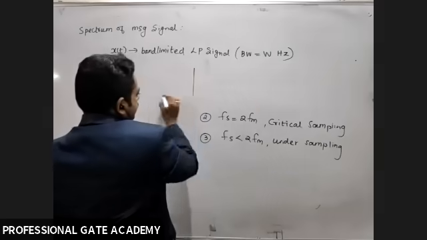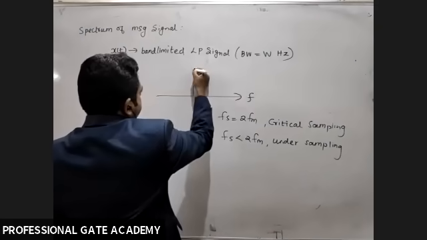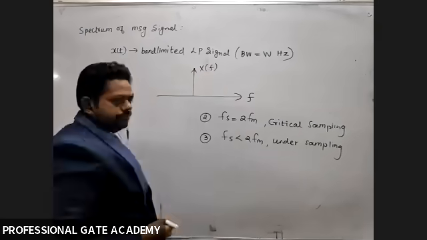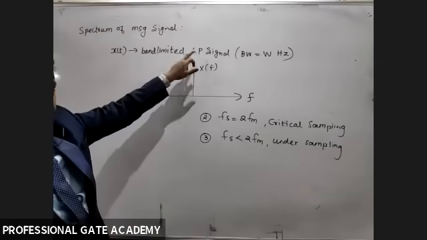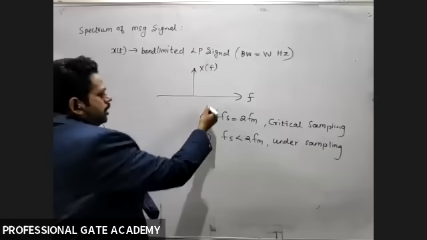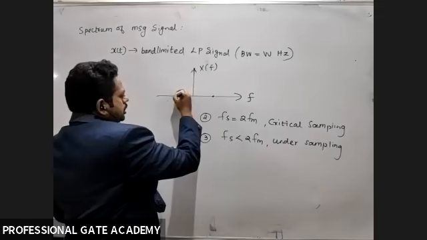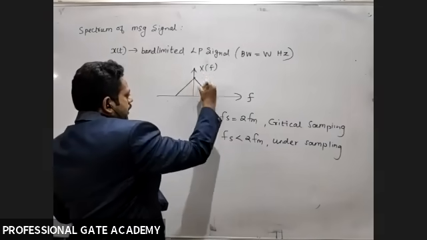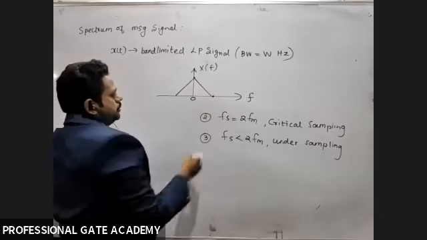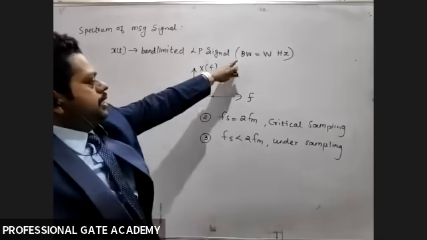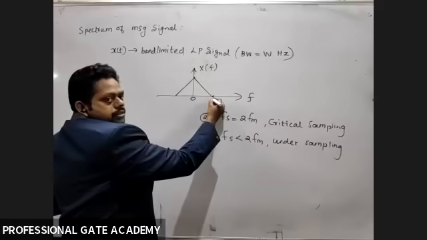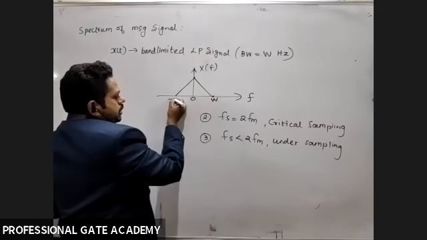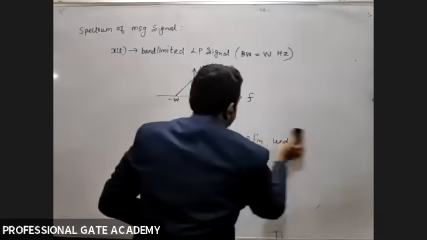So the spectrum of x of t is capital X of f. This x of t is taken as a low pass signal. So how will you draw the spectrum of a low pass signal? Only up to some frequency component is allowed. So we can draw like this, 0. The bandwidth of x of t is assumed as W hertz. So what is the value here? W, and here, minus W. In Fourier transform, we discussed this for sampling.